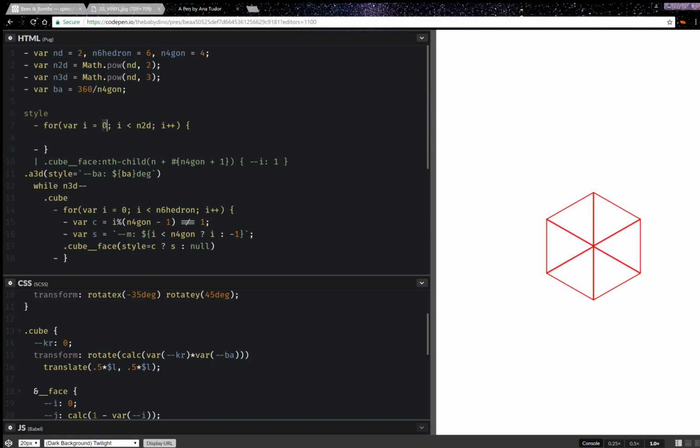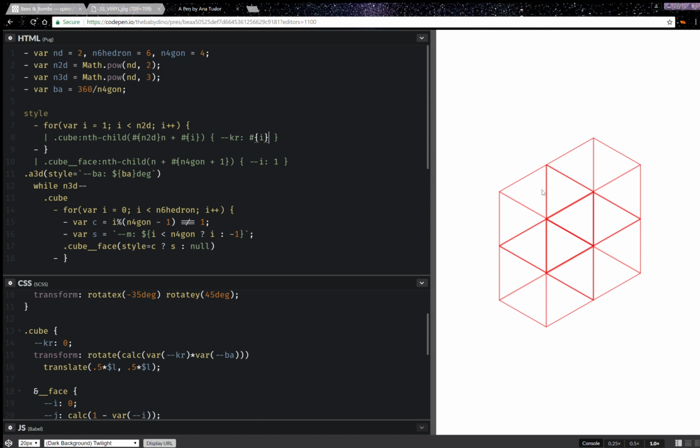And let's say it's going to start from 1 because we don't really care about the first. And we're going to have cube, nth child, and this is going to repeat for every slice. So n plus I, and here I set the k for the rotation to that I value,